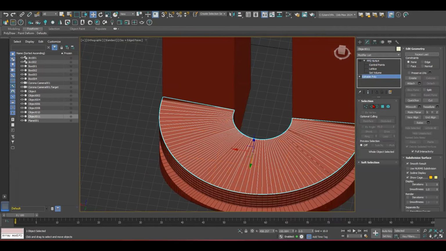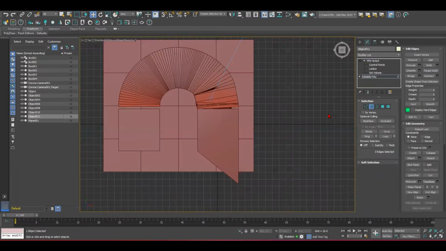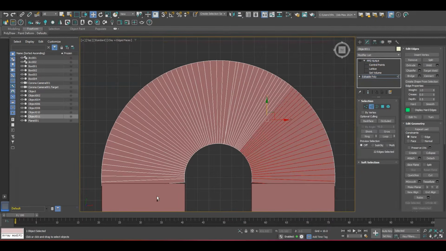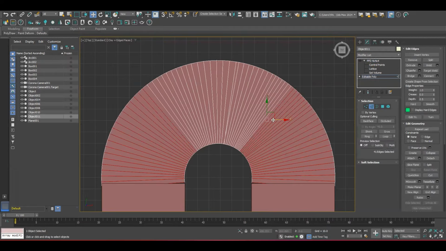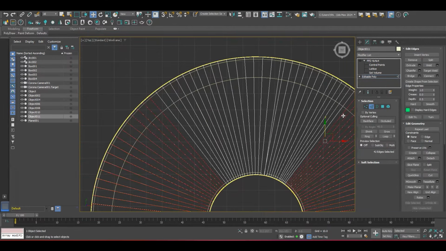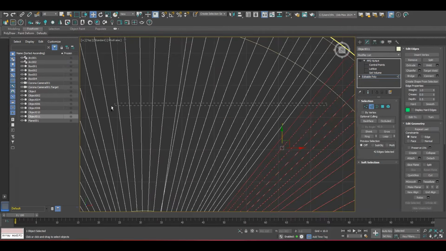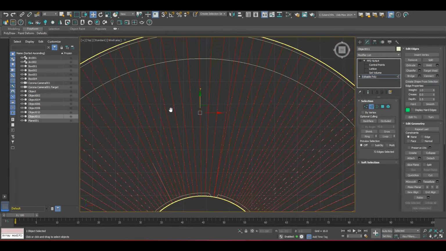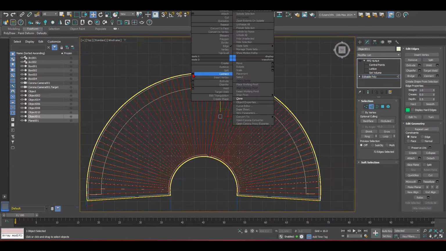Let's go back to this. Select all the edges and just this way. Right click.